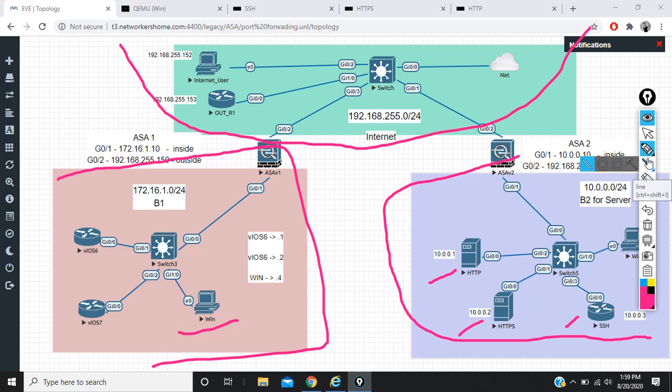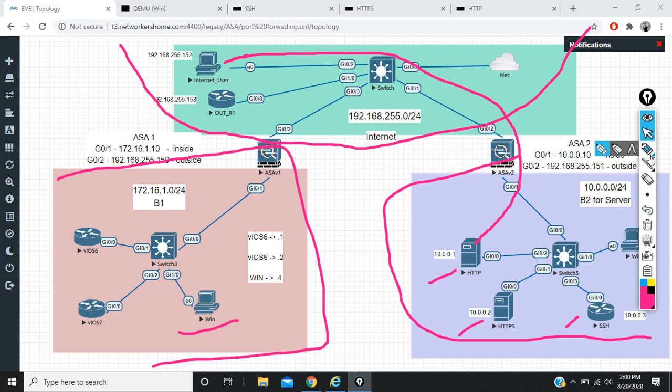So in port forwarding, what I'm going to do here, this is my internet user. This internet user wants to access this HTTP server. In a normal scenario, if it's sending the HTTP request, the destination IP address is 10.0.0.1. But this is our private IP address, and the private IP address is not routable on the internet, and also we have to hide our private IP address. This is my server IP address, so we have to hide our server private IP address from the external